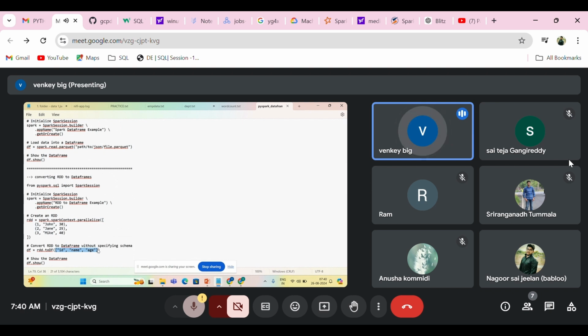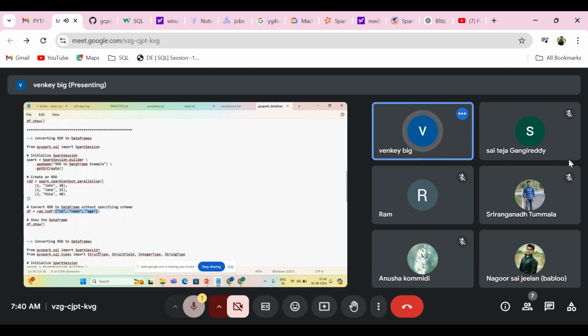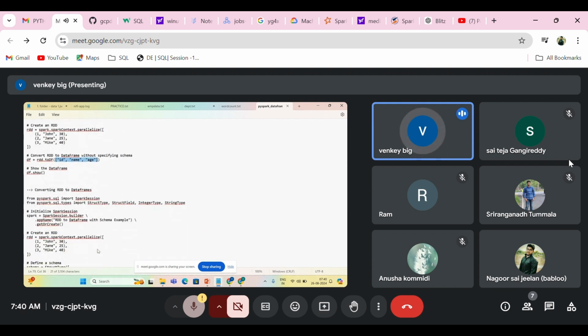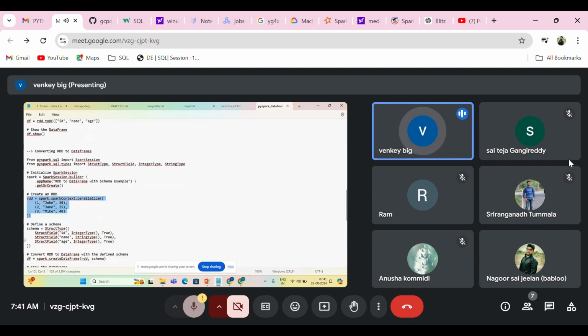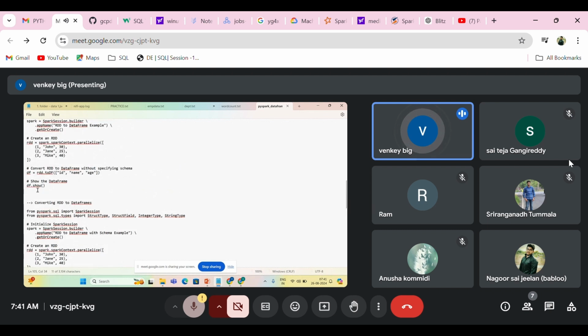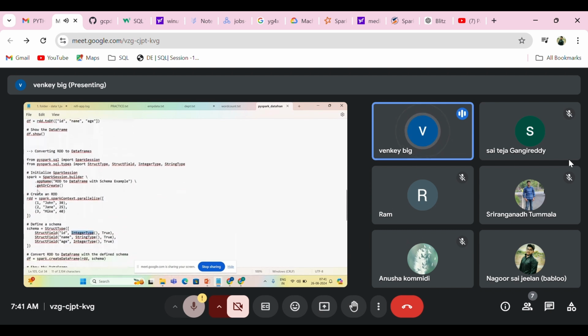Okay, so there is one more way also to create data frames from your RDDs. Here, if you see, I'm just creating the Spark session, and then I'm creating my RDD, and I'm creating my schema for my RDD. Here I'm explicitly defining my schema. You don't need to define your schema, Spark will take the schema of your columns depending on the data. But here you can explicitly create a schema,